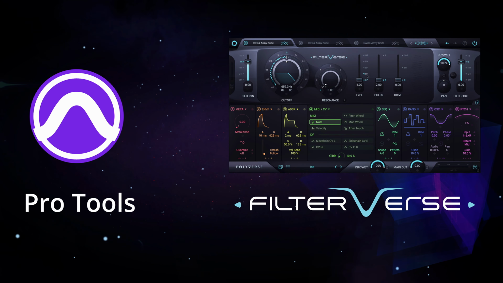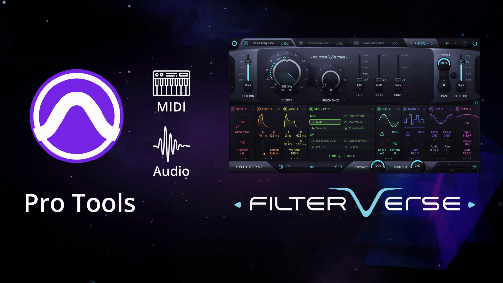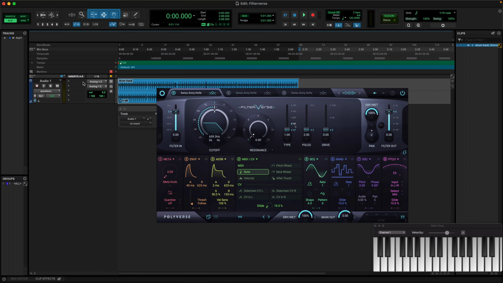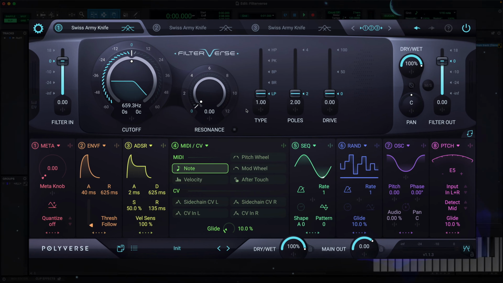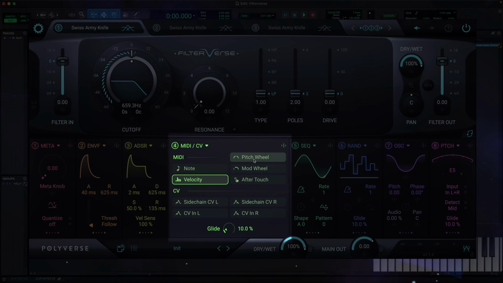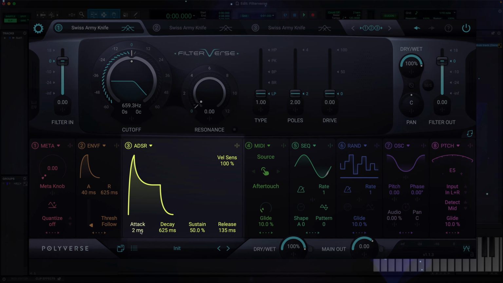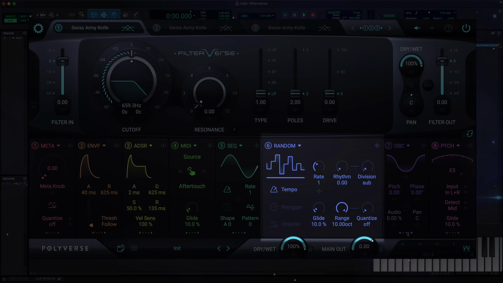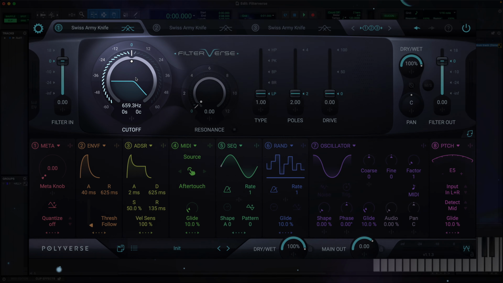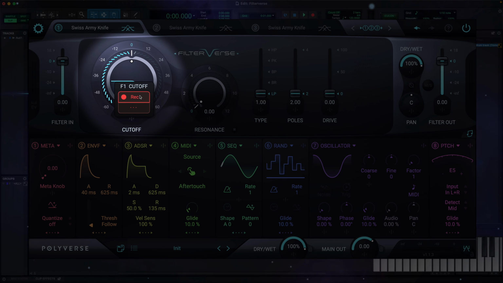In this video, you'll learn how to route both MIDI and audio into Filterverse using Pro Tools. Filterverse can receive both audio and MIDI at the same time, unlocking powerful features such as MIDI note and velocity modulation, retriggering the ADSR, LFO, and random generator, tuning the internal oscillator, and even sample-accurate MIDI CC automation for all